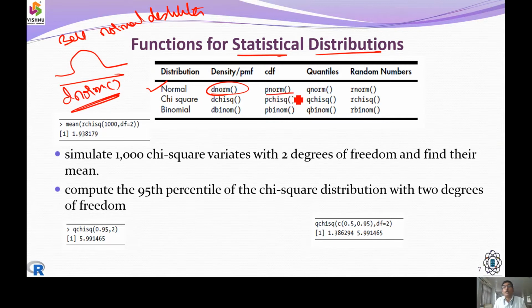So we have the probability with dnorm and we represent the quantile values. We are going to put up the quantile values, upper quantile or lower quantile values. For that we use qnorm. And for random numbers, R stands for the randomized function. For this randomized function, we are going to use rnorm or rchisq or rbinom.